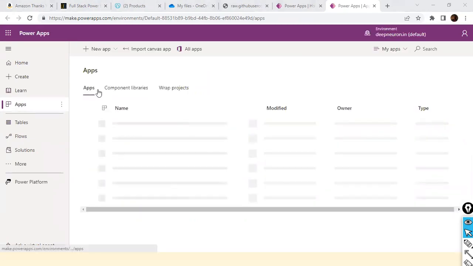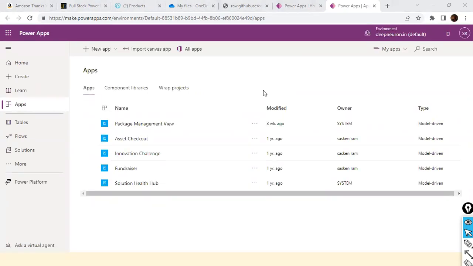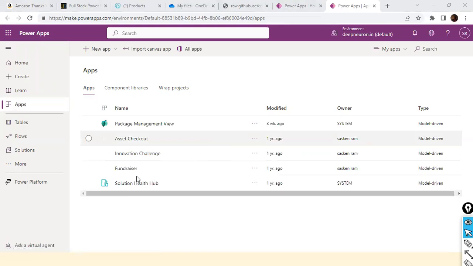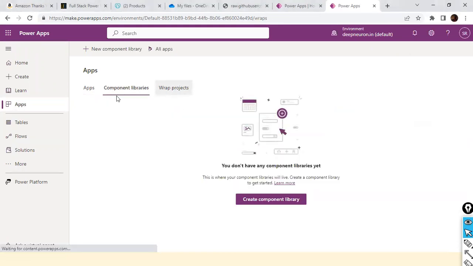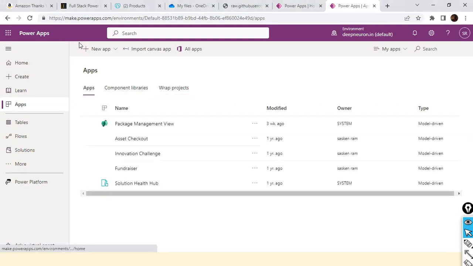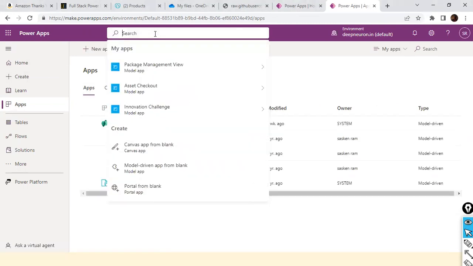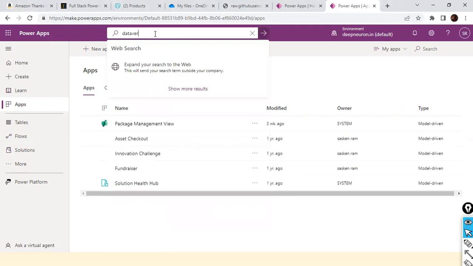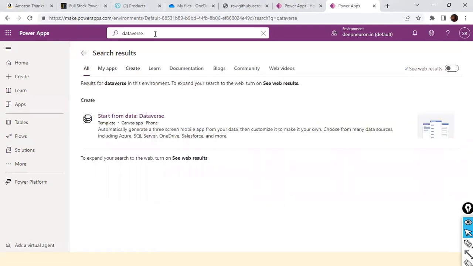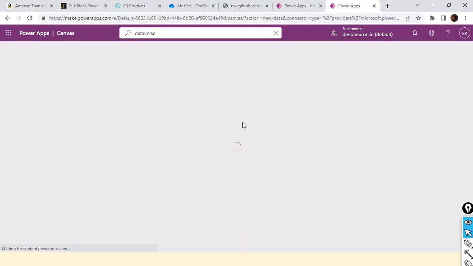I just opened the apps in a separate tab. You can see all the kinds of apps that were published previously by someone else. I did not do anything. Everything is available here. And here I just search for database. Start from database. If you click on it here,